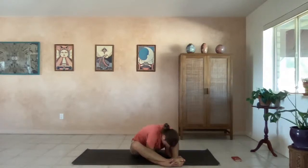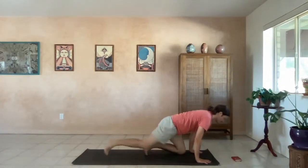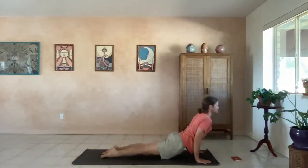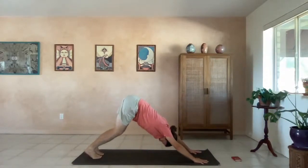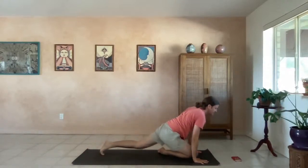And inhale, rising up. You untie yourself. You cross the ankles as you roll forward. Down dog or vinyasa. A gentle bend in the knees. You look forward of your hands, and on inhale, you float or step to sitting at the top of the